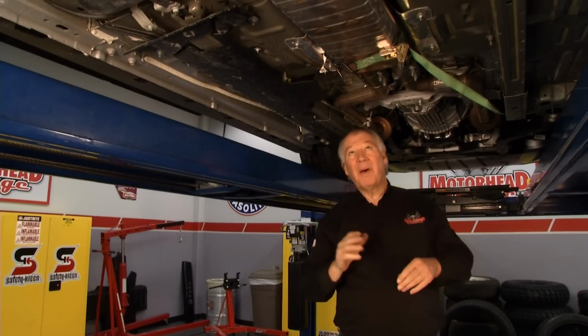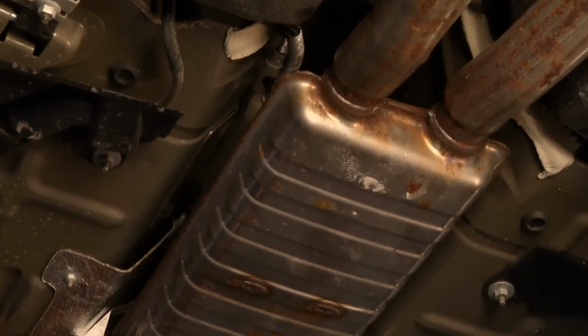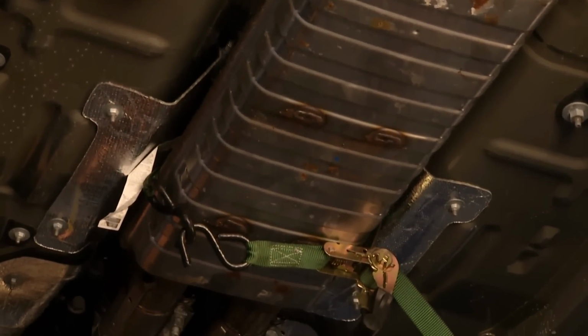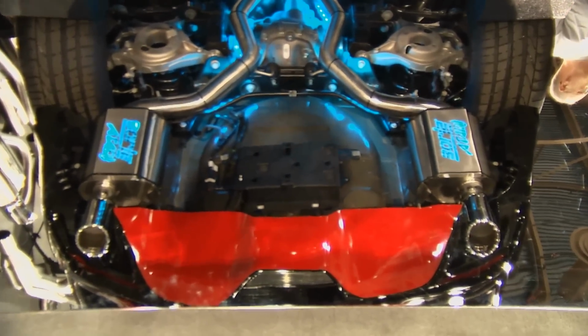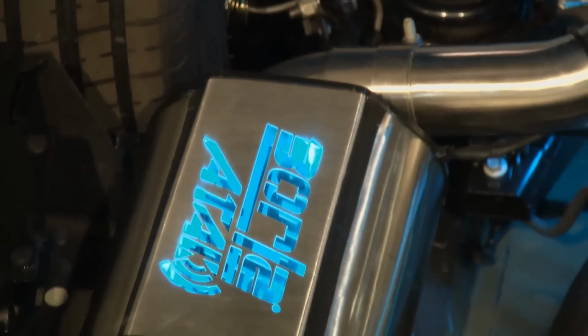Now, one of the things about putting on an exhaust system, especially when you want to increase the sound and the performance, you're never going to know what it's going to sound like until you put it on. And of course, put it on, and you don't like the sound, well, you're stuck with it. Well, that's not the case with Borla. They've got a way of finding out what this is going to sound like before you ever put it on, so you can figure it out. What we're going to do is put on the attack system on here, which really makes this car sound great